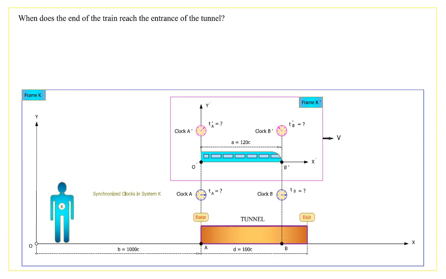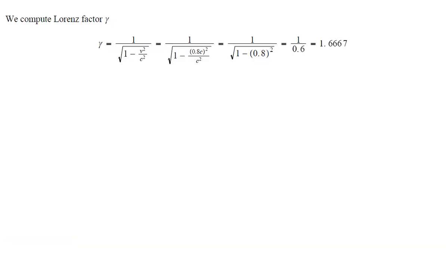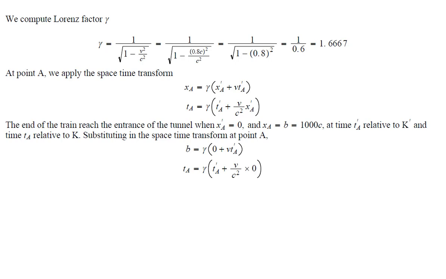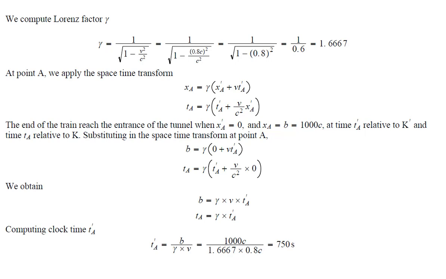When does the end of the train reach the entrance of the tunnel? We compute Lorentz factor gamma. Gamma equals 1.6667. At point A, we apply the spacetime transform. The end of the train reaches the entrance of the tunnel when x prime a equals 0, and x a equals b equals 1000 c, at time t prime a relative to k prime and time t a relative to k. Substituting that in the spacetime transform at point A, we obtain computing clock time t prime a equals 750